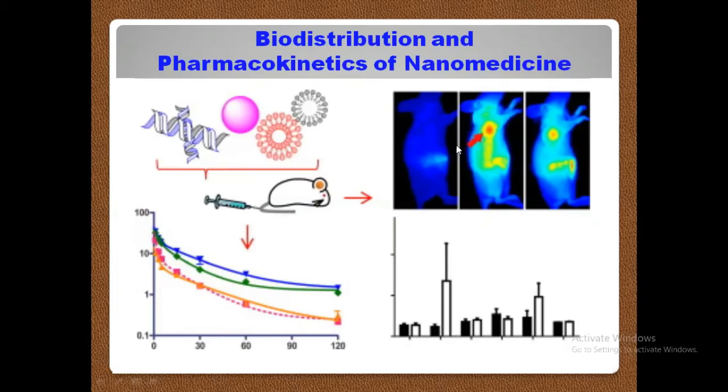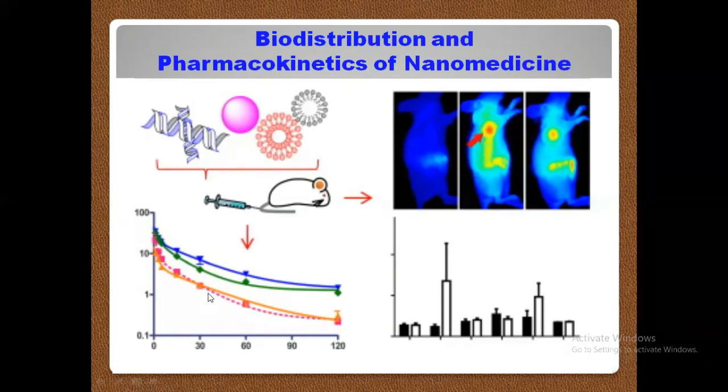See that in this mouse, this is the site of injection. See the arrow mark near the neck, okay, it is injected. Once the drug is injected along with the polymeric micelle, it will be distributed. See that biodistribution of the drug takes place. It will be traveling inside the body and it goes to the target. The target is here, the tumor. See that the tumor is developed in this mouse. So it reaches the target where the drug is released.